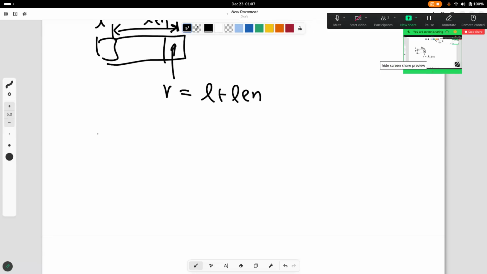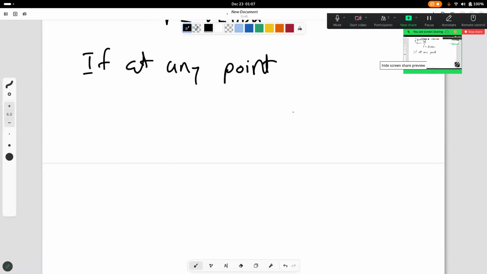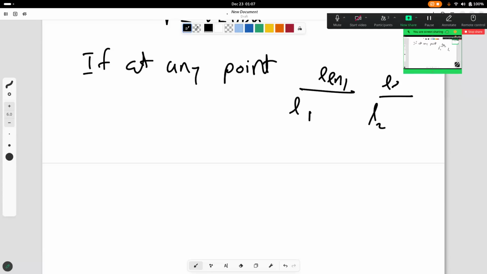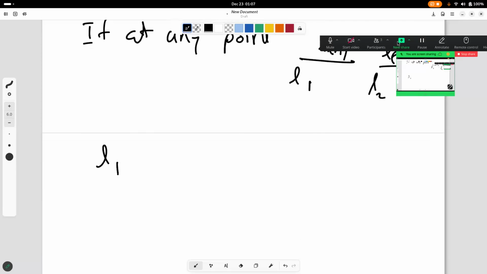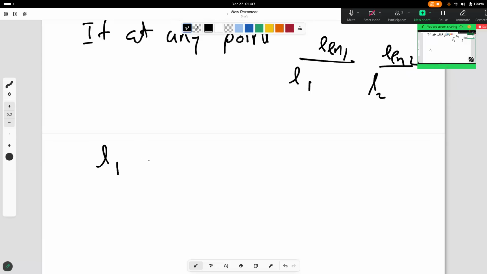So if at any point, we have L1 over here and this length 1 over here, and then we have L2 over here and this length 2 over here. If at any point the R1, that is the end of the first snake,